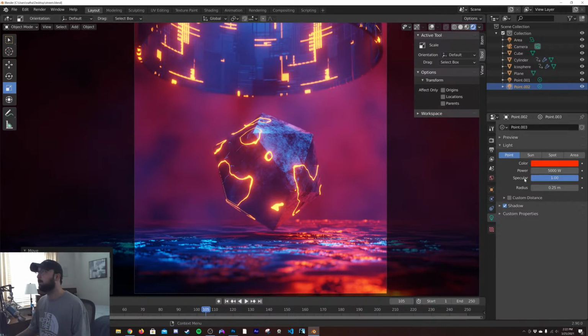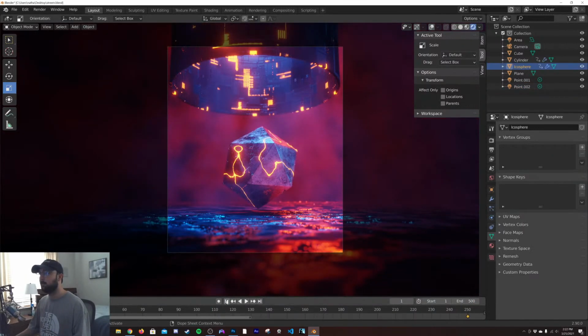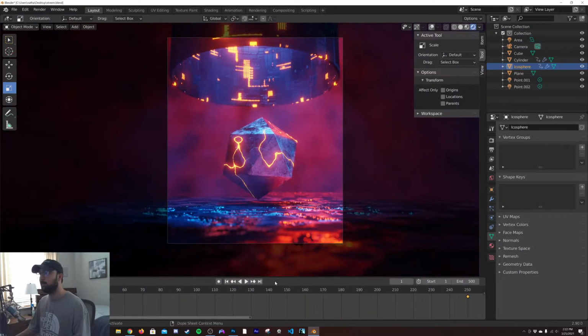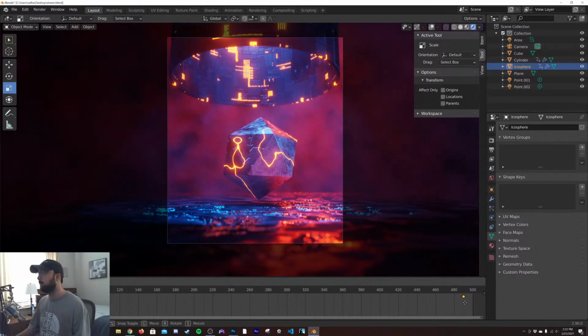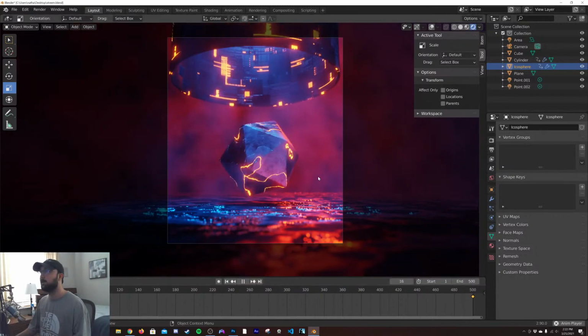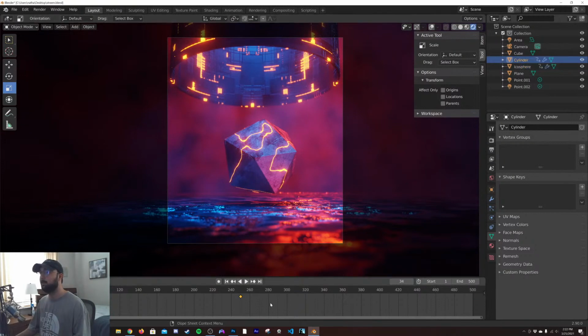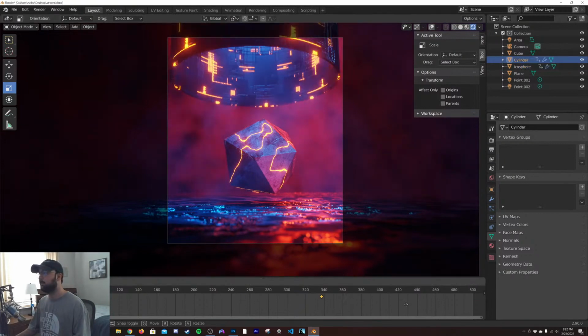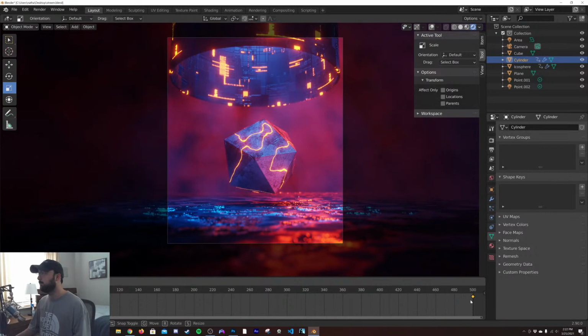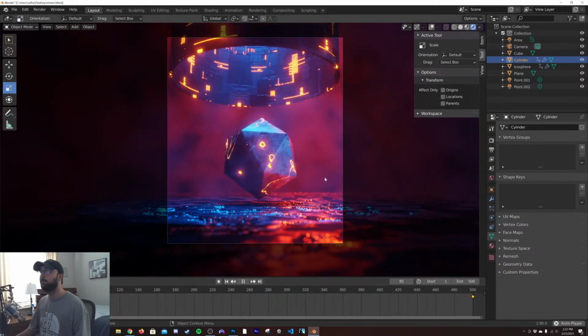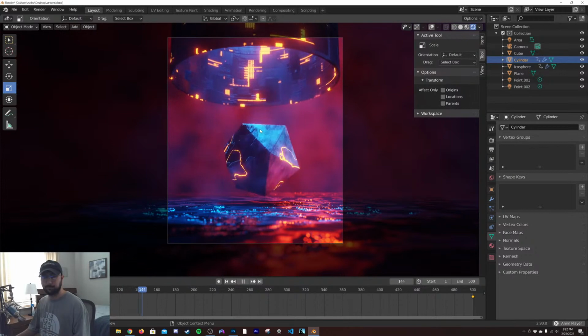Let's see. What am I looking for? Oh yes, adding frames. 250. 250 times 2 is 500. Okay. So we'll go here and just stretch out. By the way, if y'all didn't know that, you can do math inside of Blender and it'll do it for you. Like I just did. And I'm going to stretch this guy out as well. All right, cool. Yeah, I like it better slower for sure.